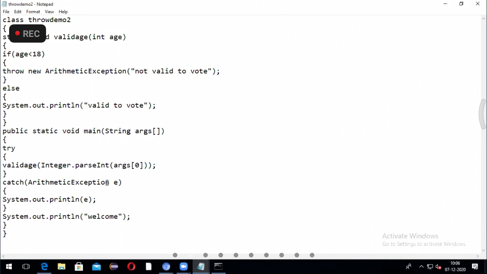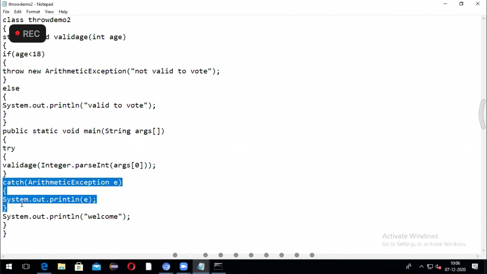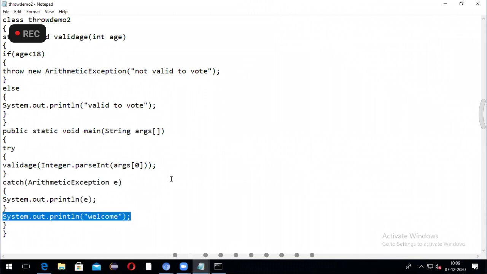We learned how we make an object for the exception. So this is the way. You give an object here as an argument. This is going to internally call some predefined methods, like the print stack trace method, which is going to give you the type of exception and the description about the exception. So this way the catch is handling the exception, and then the rest of the lines of code is also executed.